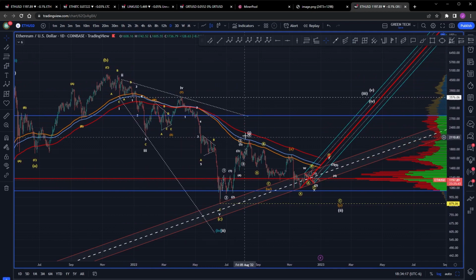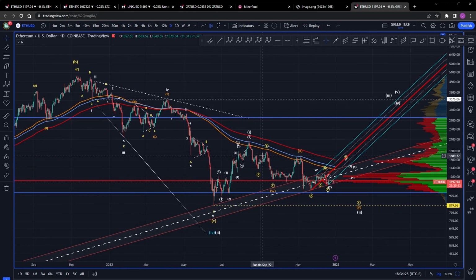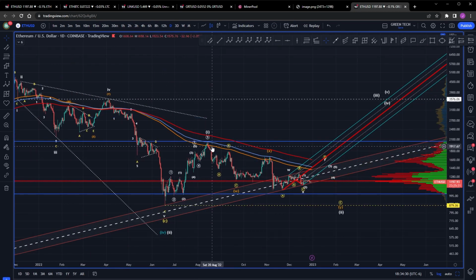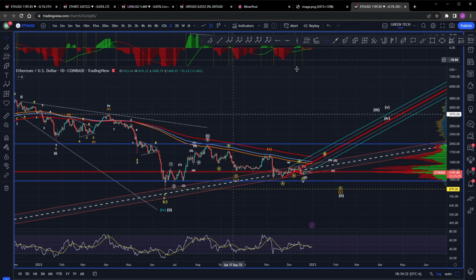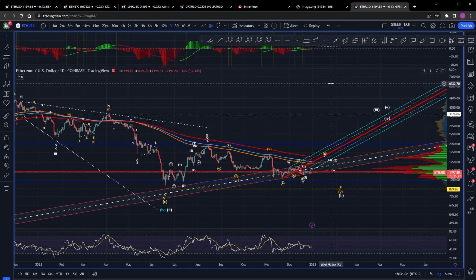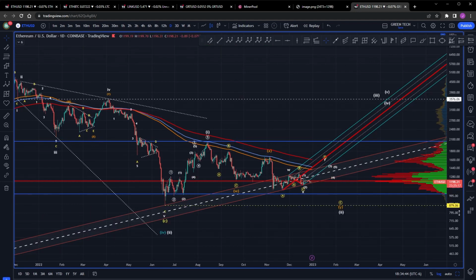The biggest thing that I like here is the fact that, to me, this is an impulse all day long. I know some people want to try to force fit a WXY, or I've even seen somebody try to force fit a zigzag. Sorry, I just don't believe in it. I believe that this is an impulse. When I run it through the Elliott Wave Oscillator, which is supposed to help you determine your impulses and your corrections, when I break down to the correct time frame, I can actually see that this is, in fact, an impulse.